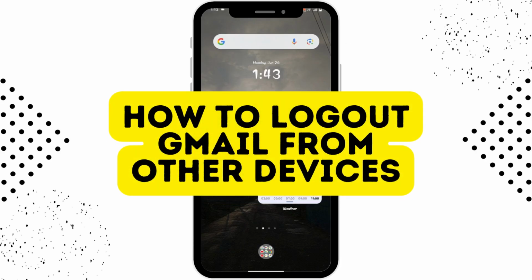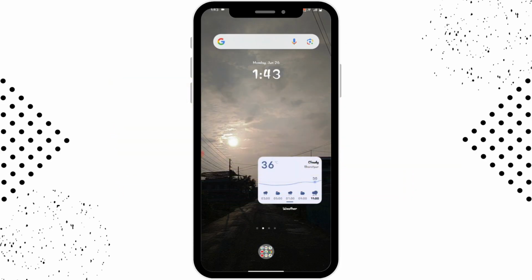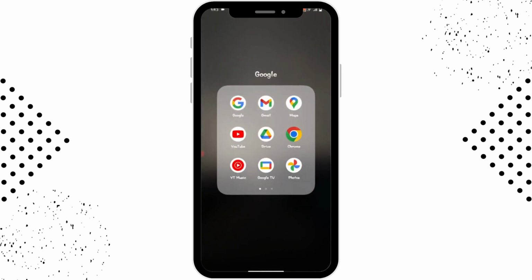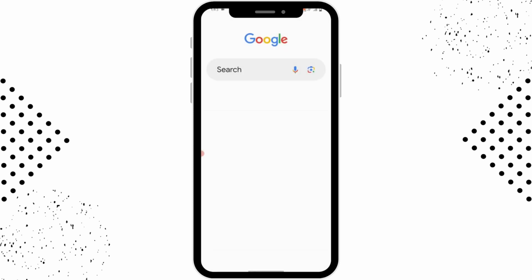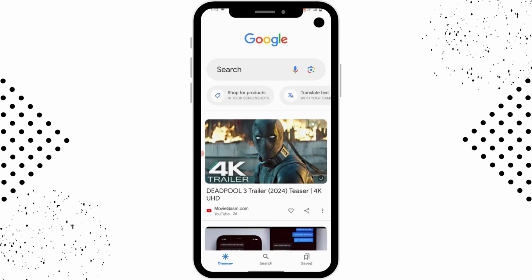How to log out Gmail from other devices. So if you want to log out your Gmail account or your Google account from other devices, then what you have to do is simply open up your Google application, and after opening your Google application,